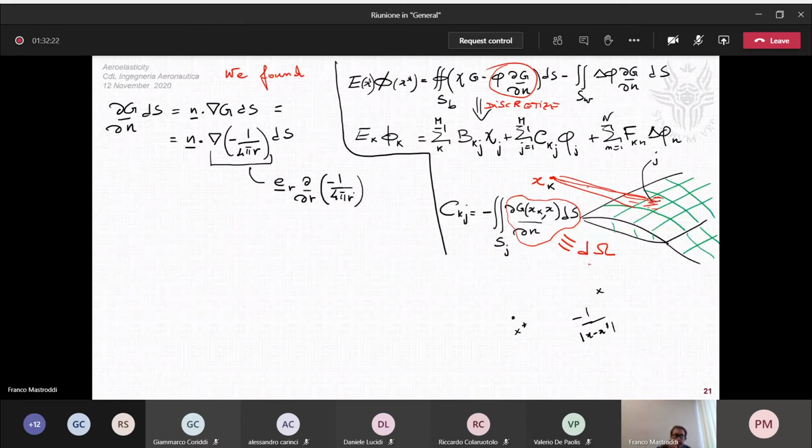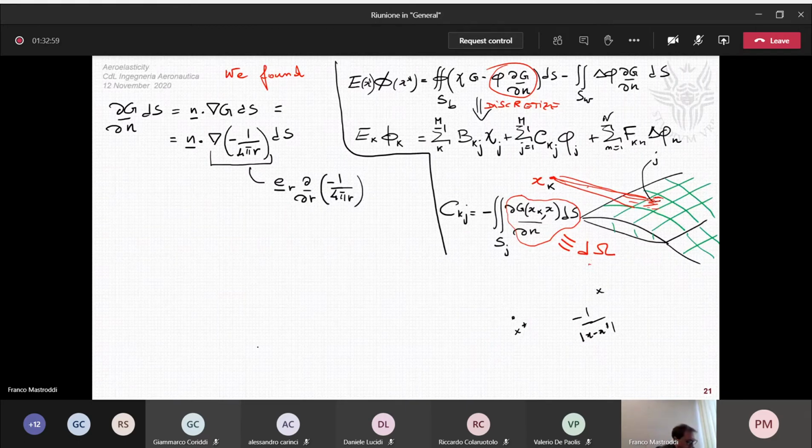In other words, the natural coordinates for evaluating the gradient of -1 on r are the spherical coordinates, because the dependence of this scalar function is on r, and therefore if you want to determine the gradient, the very natural coordinate system for evaluating this gradient is the spherical coordinate system, not the Cartesian one at all. Okay, so this is the gradient,